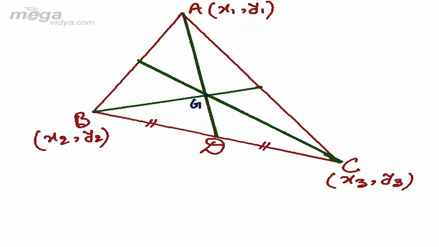So BD is equal to DC, and in class 10th you did a theorem that states that the centroid is a point which divides the median in the ratio 2:1. So this point divides each median in the same ratio 2:1. Now to get the centroid, what will we do student? First of all, using the midpoint formula, we will find the coordinate of D. Then using the section formula, we will find the coordinate of G.